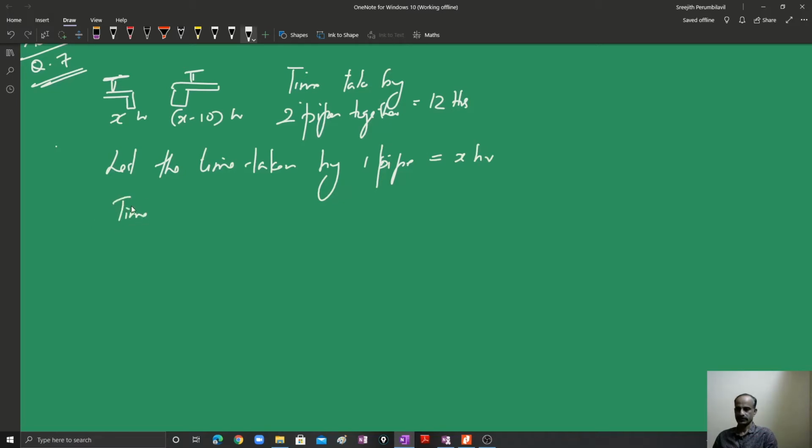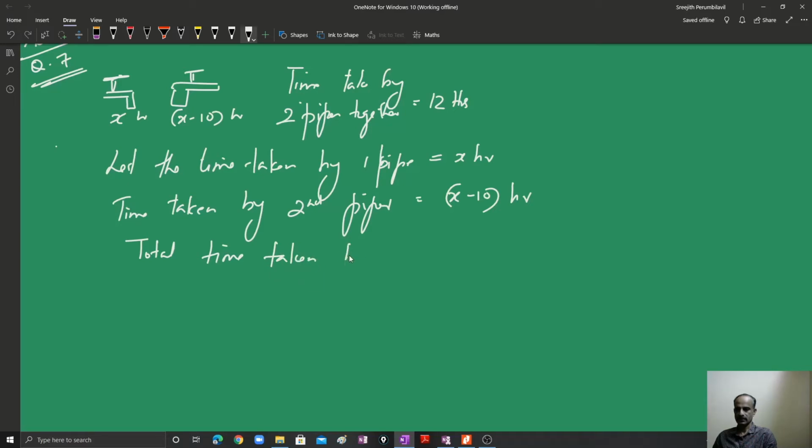Therefore, the time taken by the second pipe, which is the faster pipe, 10 hours faster, is x minus 10 hours. The time taken by the two pipes together is equal to